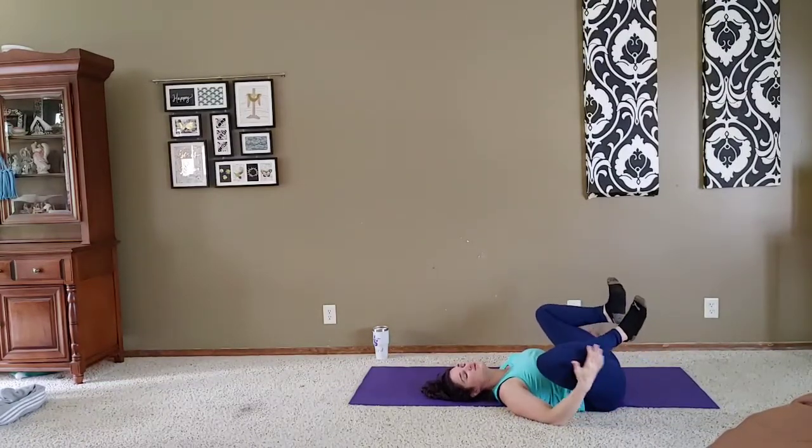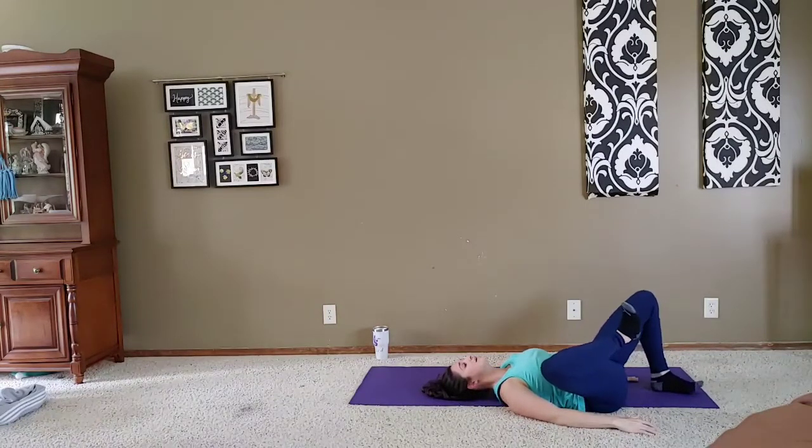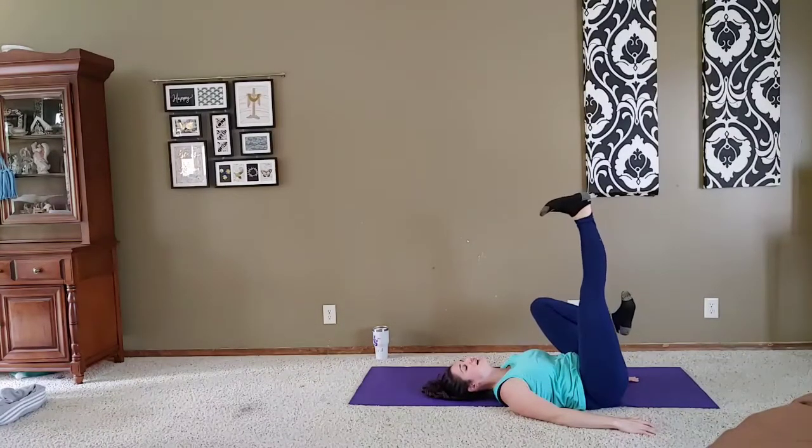So I'm going to keep my hips open. Again, if your hip isn't comfortable being open, place that foot down. Flex the foot. Inhale and exhale. Squeeze that pizza onto the ceiling. Keep that foot flexed. 2,